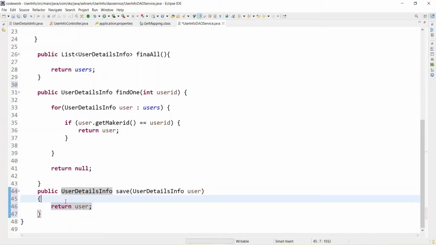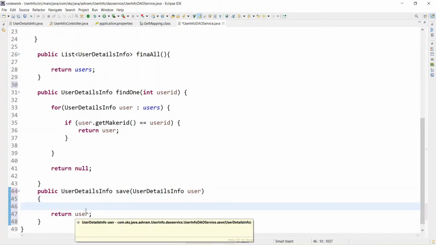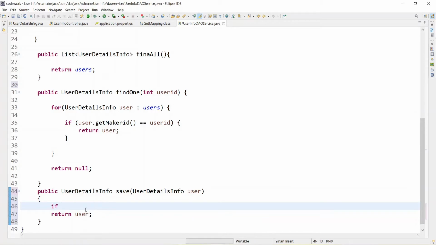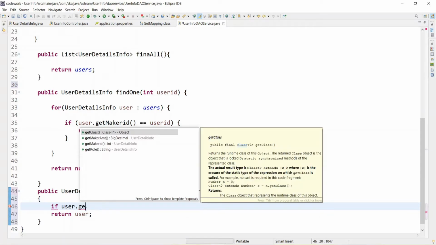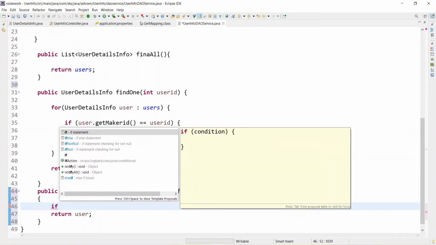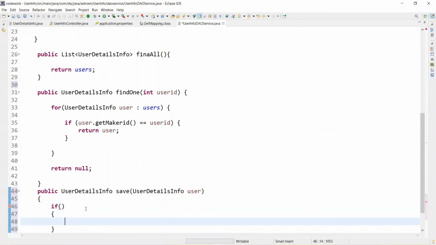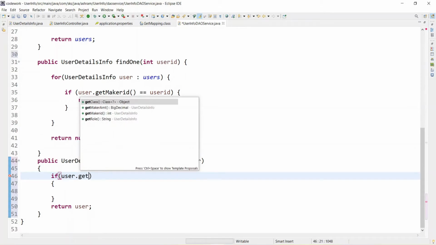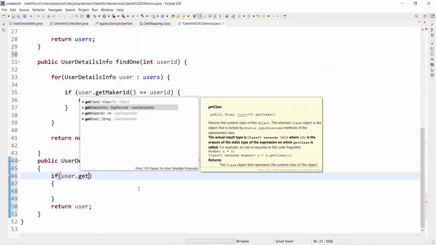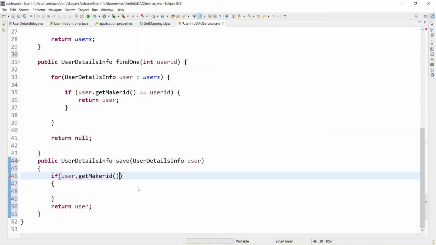But after adding, how can you add? Suppose if user dot get maker id is null, it means we are trying to add a new user.